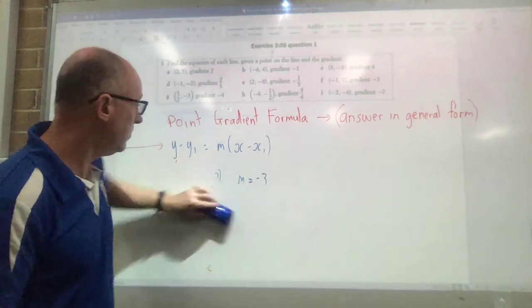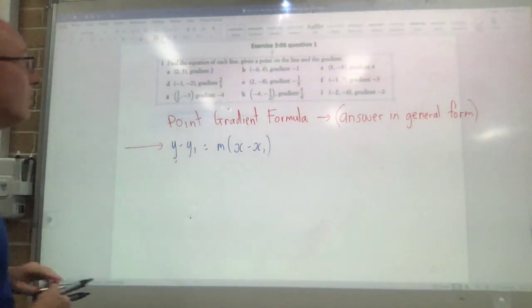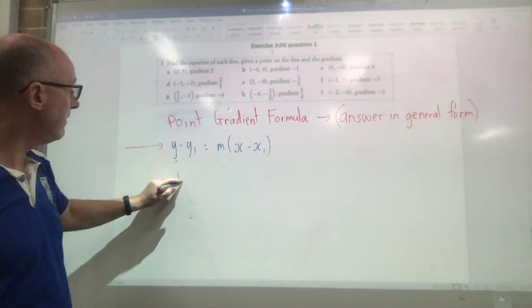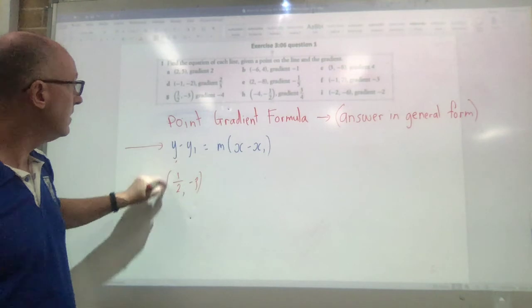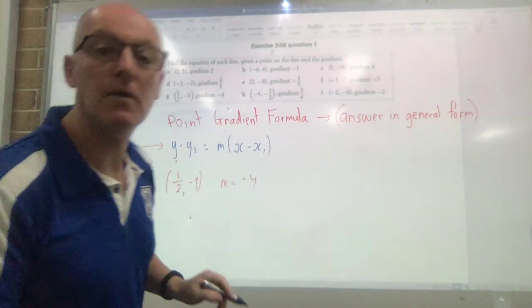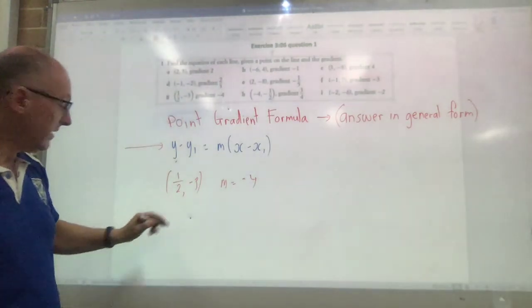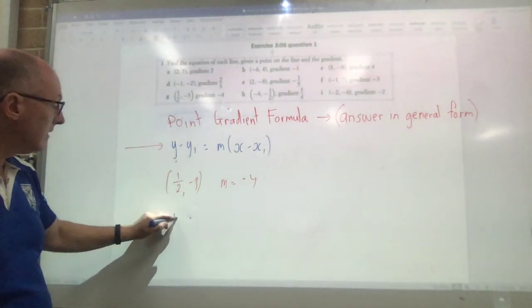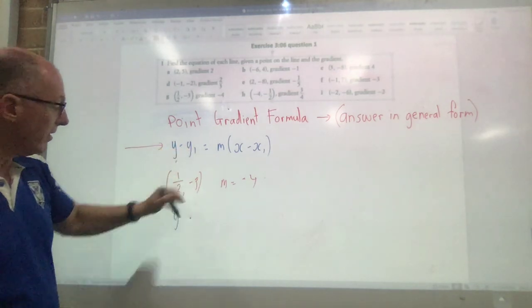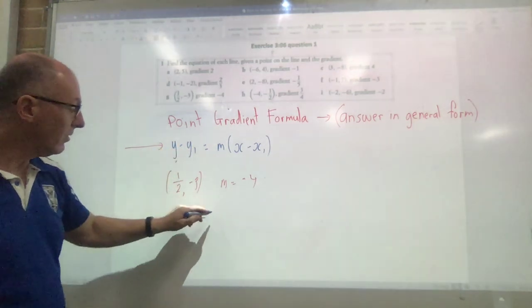Here we go. We'll do question G. Question G, where am I up to? G here. We've got a coordinate of a half, minus 3 and the gradient of minus 4. Video is still going, good. So let's have a go. We've got y, well, y minus y1, so y minus minus 3, y plus 3 equals the gradient is